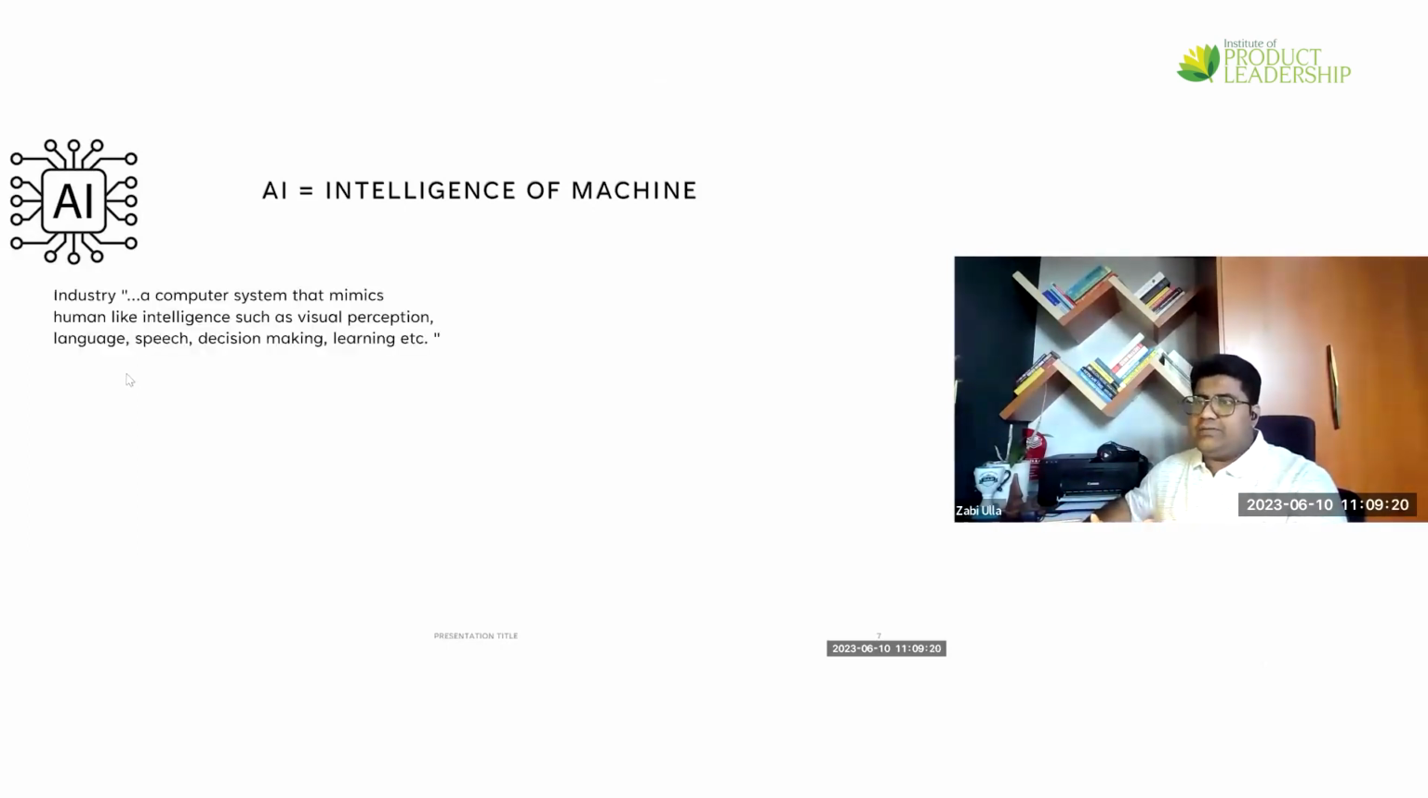But in the industry, what I've seen is that with respect to this definition, the industry is more comfortable calling a computer system an AI if it can mimic human-like intelligence. Some of the basic human-like intelligence includes our ability to see, our ability to understand language, our ability to speak, decision making, learning, etc. Whereas in academia, it is more looked at as a branch of computer science, and which means that